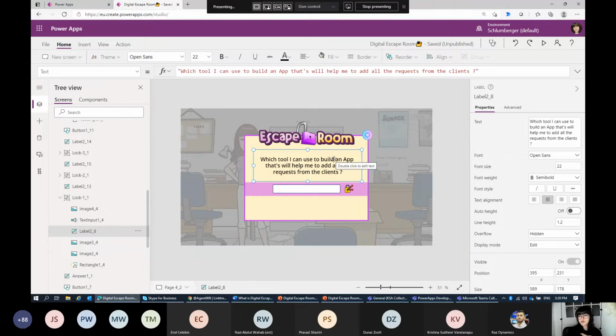What kind of data source am I using here? I'm not using any data source. I'm using a collection. I'm creating a collection within my application. I don't need to use a data source or SharePoint or Excel or SQL, because I don't have a lot of questions. Maybe if you have like three or four rooms or several levels within your game,